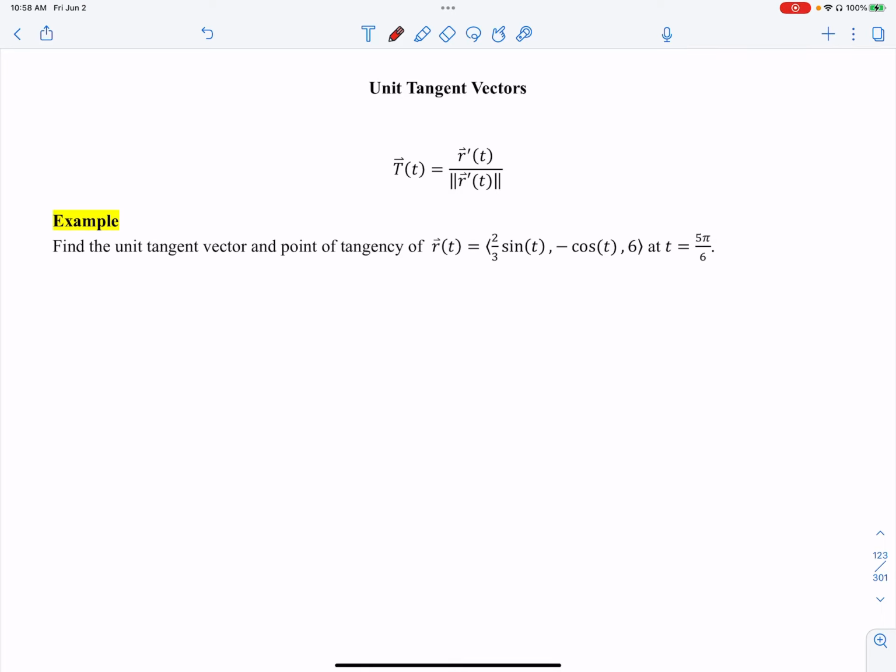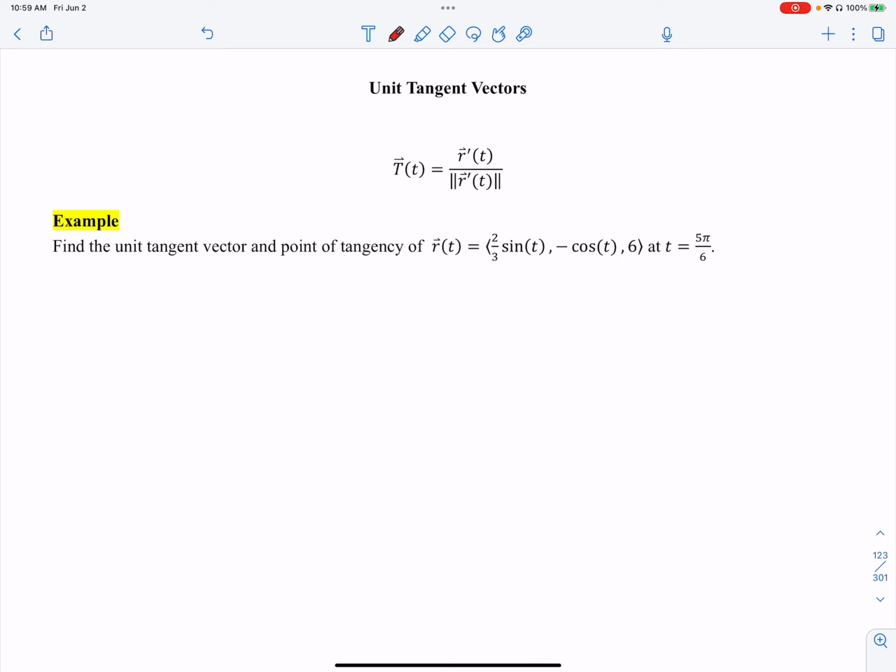In this video, we'll continue our discussion of derivatives of vector-valued functions, talking about a unit tangent vector. We found tangent vectors which describe the growth, just like a tangent line did in two-space. A unit tangent vector is going to do the same thing, except it's a unit vector. So this would be a great way to describe direction without worrying about magnitude. Okay, so we're going to find a unit tangent vector and the point of tangency for that function at that